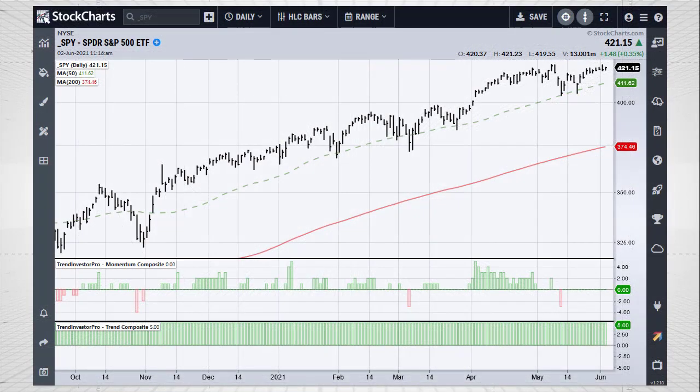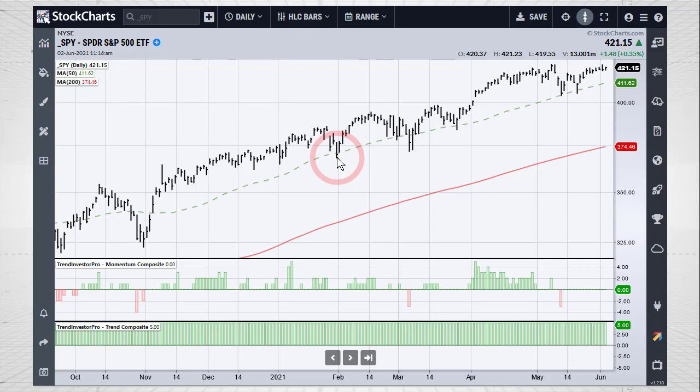So we're going to start off with SPY because this is my main barometer for the overall market, and it remains in a steady uptrend. And the pullbacks since we had that big lift off there in November have been relatively mild. You can see here, there's the 50-day moving average. And whenever you touch that 50-day moving average, and even when you broke below it, that was an opportunity, not